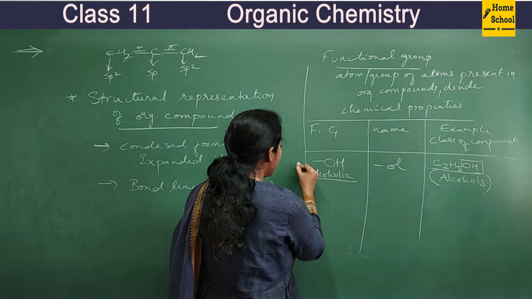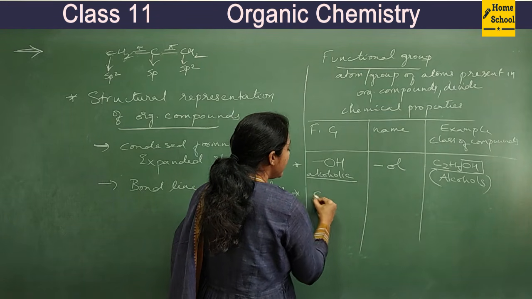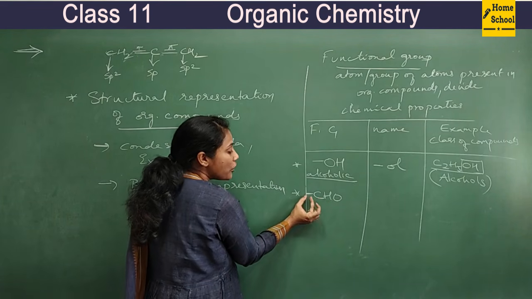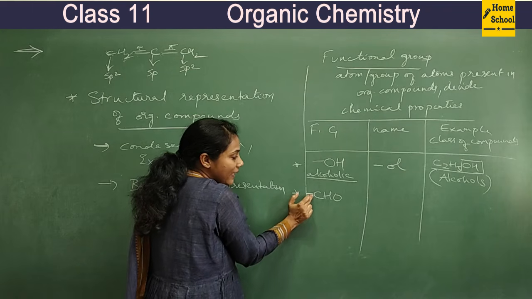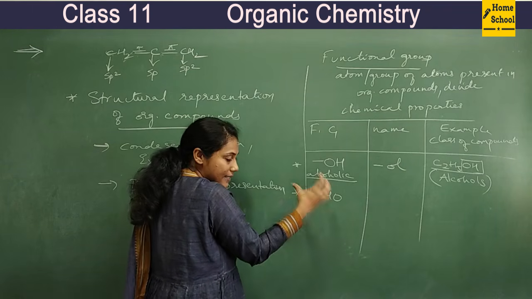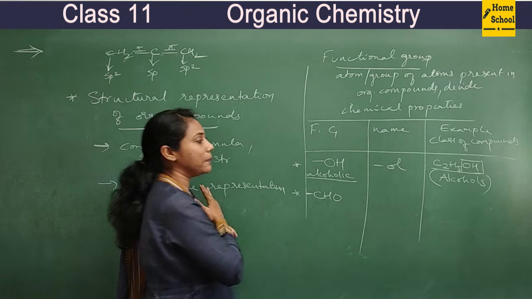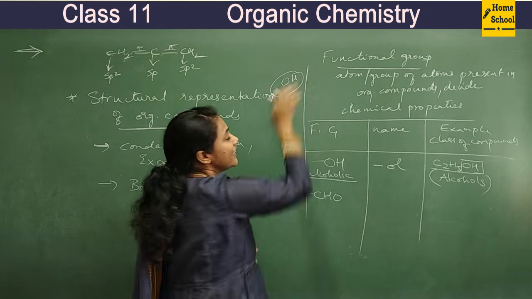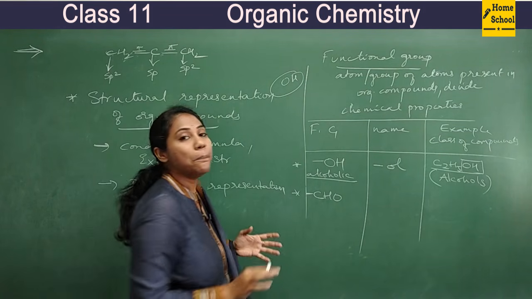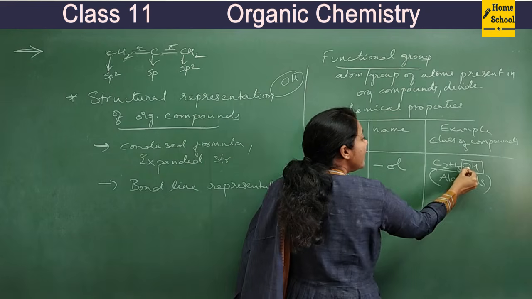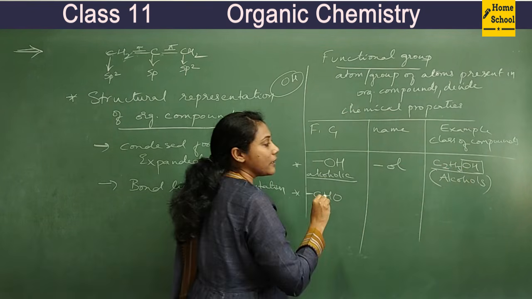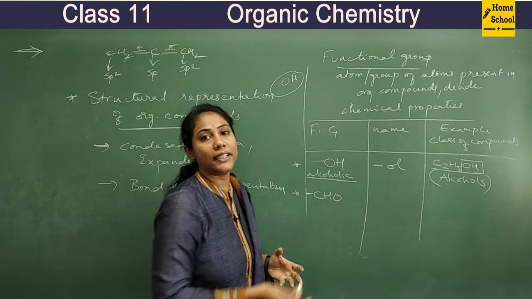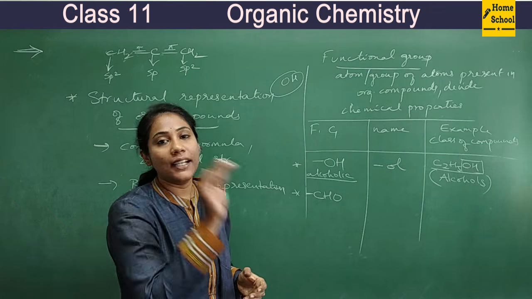Okay, fine. So the next group is CHO group. Any group, when you mention it separately, you should mention with this bond. This means a bond. It doesn't present single; it is always present with some carbon atoms. You see this OH group, when it is present single, it doesn't have any significance or importance. This OH group is always connected to carbon atoms. Only when it is connected to carbon atoms does this group have some importance. Only then you call that group an alcoholic group.